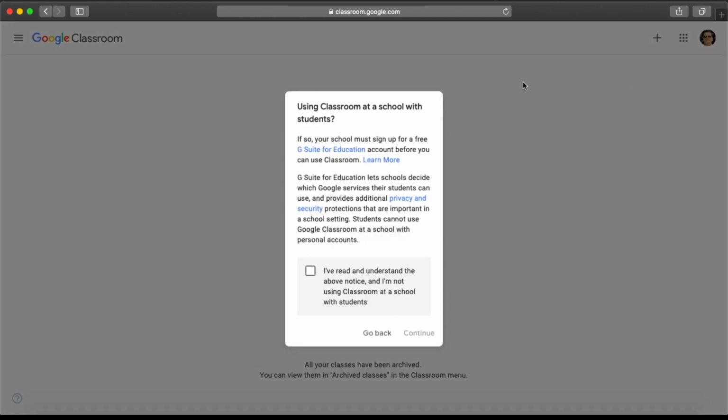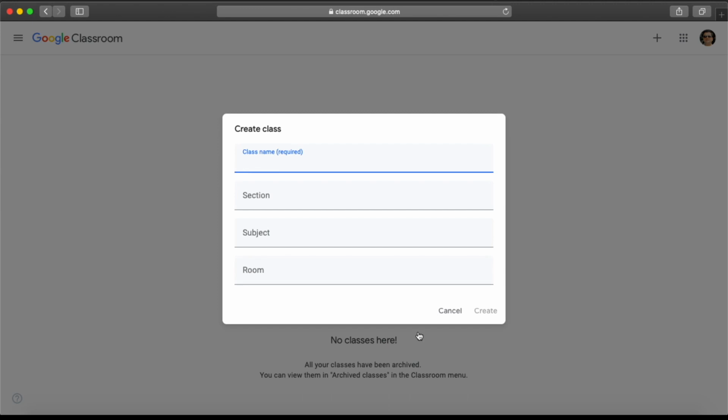Once you click, a pop-up will come. This pop-up talks about terms and conditions. You need to ensure that you have already complied with that, and then you can click on this little checkbox. Then you need to click continue. Once you click continue, a new pop-up will come. This is to create a class, and whenever you are creating your class for the first time, this pop-up will ask for 4 different pieces of information. While the first text box is mandatory, the other 3 are optional. So this is as per your wish.